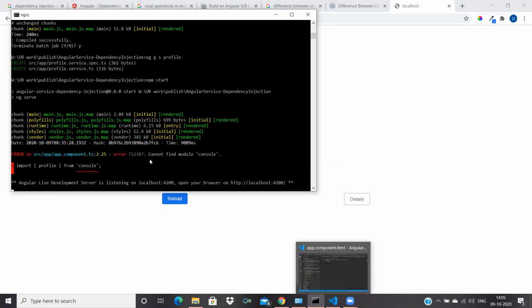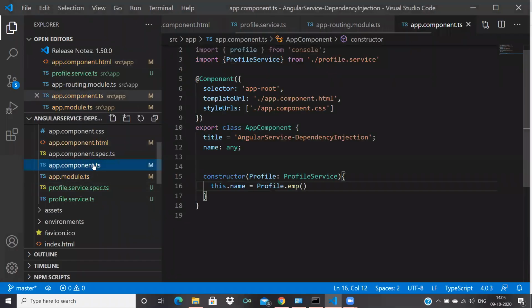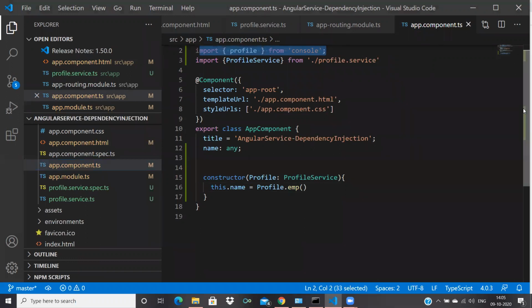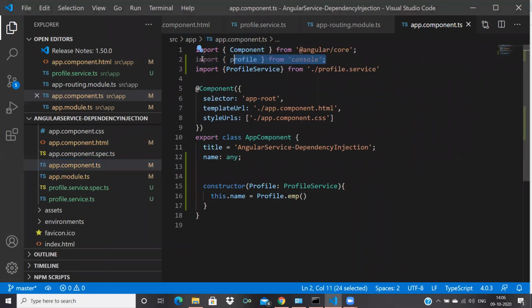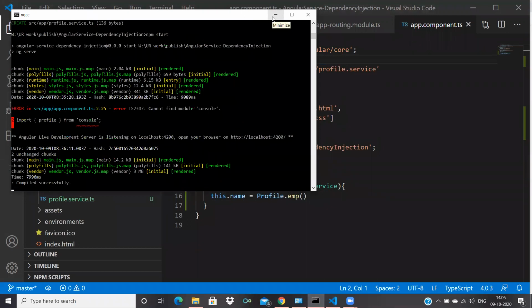From where is it getting that? In tab.component.ts, the path I gave is wrong. Yeah, this one. Why did I get this? Okay, removing this. Yeah, okay, it ran successfully. Now check.